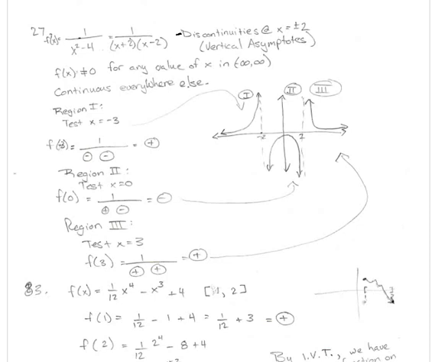We can go a step further and discuss what the limits are on the left and right of each one of our vertical asymptotes, whether or not it goes to plus infinity or to negative infinity. So we could say, well, since f of x is never equal to 0 in the numerator, because our numerator is never equal to 0,